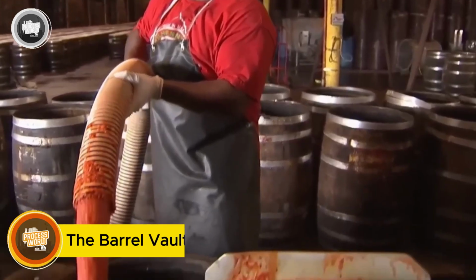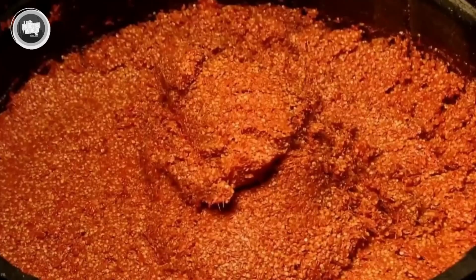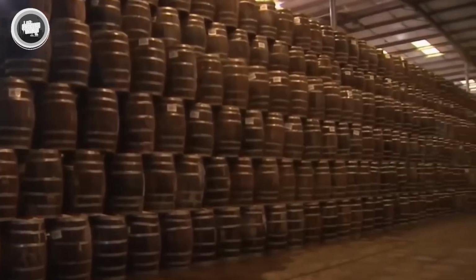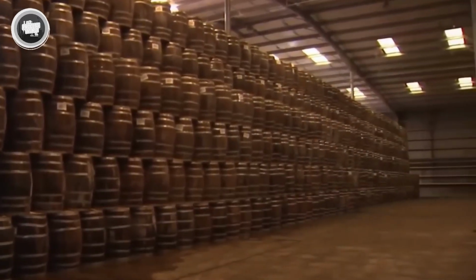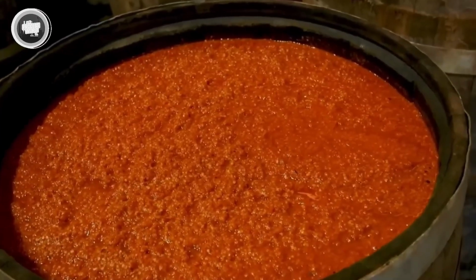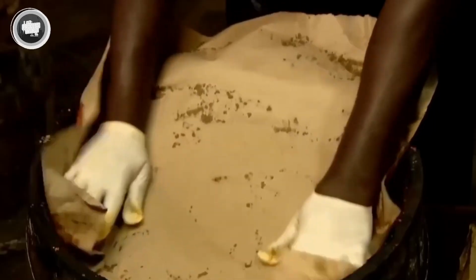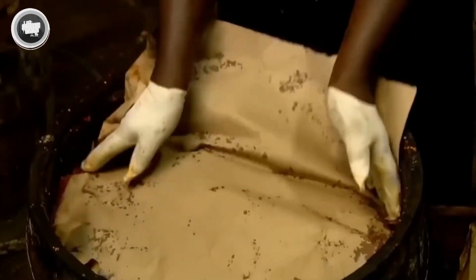The pepper mash arrives at Avery Island and is pumped into massive white oak barrels that once held whiskey. Each barrel is cleaned and scraped to remove any residue, creating a perfect surface for aging. The barrels are only partially filled to allow gases to escape as fermentation begins. Workers seal them with a paper layer, secure the lids with iron hoops, and pour a thick layer of salt